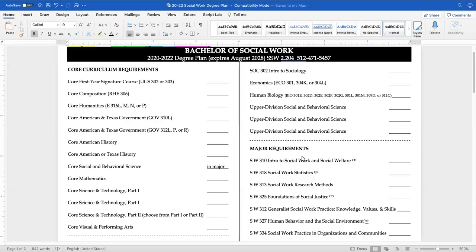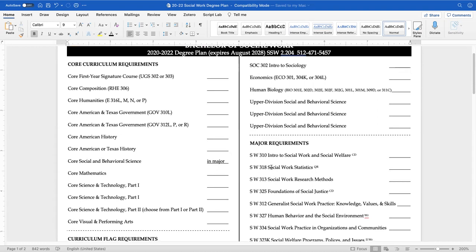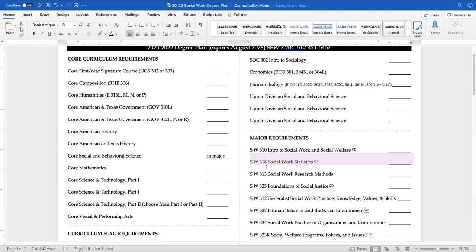All right, let's review your social work statistics requirement and how you can overlap that with a couple of other degree requirements. So first of all, you have a social work statistics requirement here that is built into your major and it carries the QR flag. A lot of times social work students will just take this class and it'll fulfill this requirement and that's end